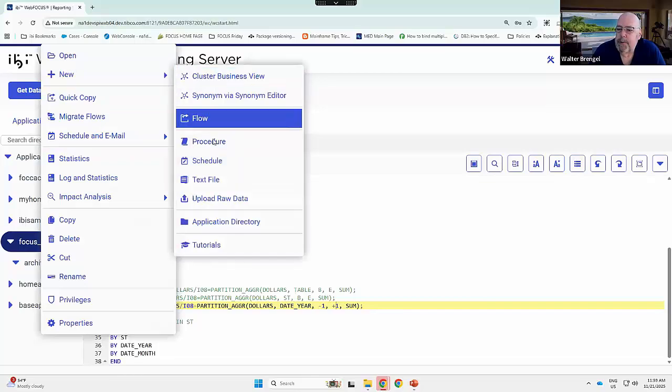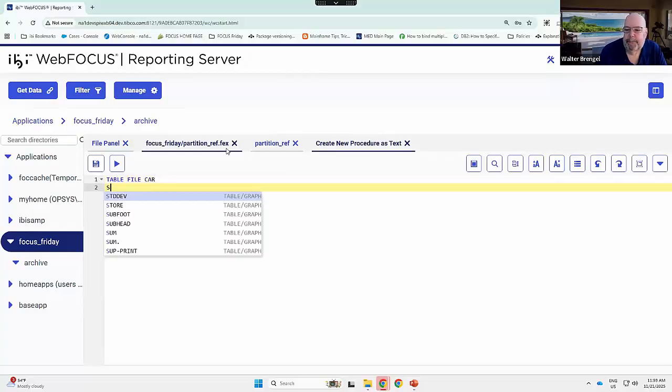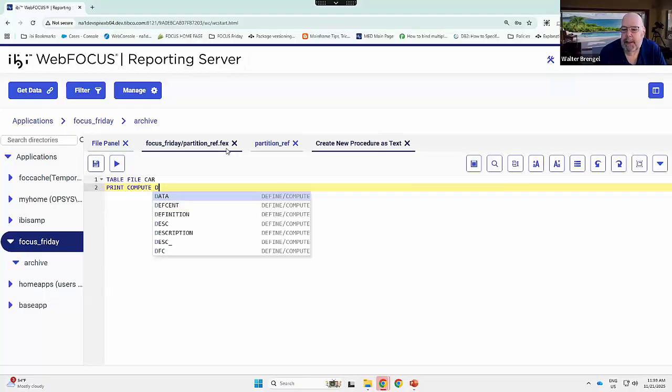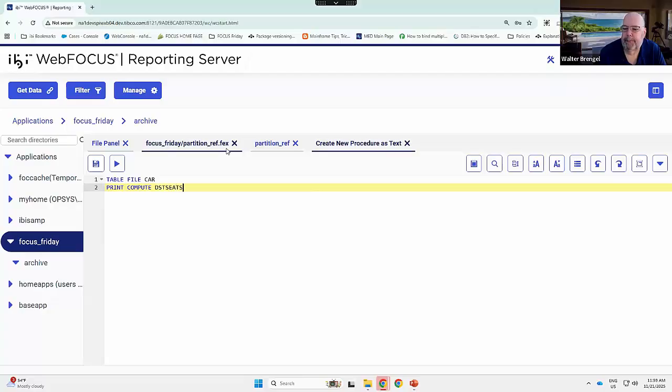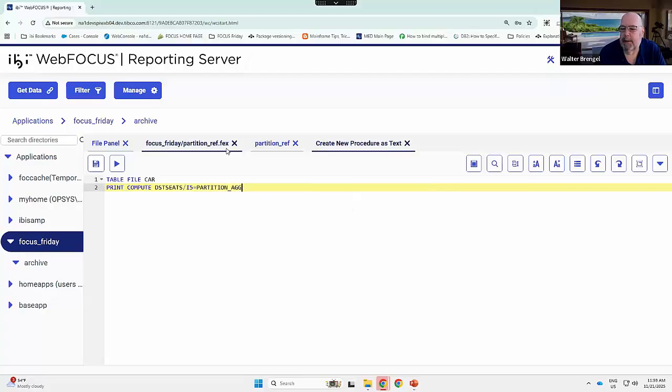Let's do a new procedure. For this one, I'm going back to my friend table, table file car. Instead of sum for the count distinct, we have to do a print. And I'm going to do a print compute VSTC. And we're going to do partition agger,